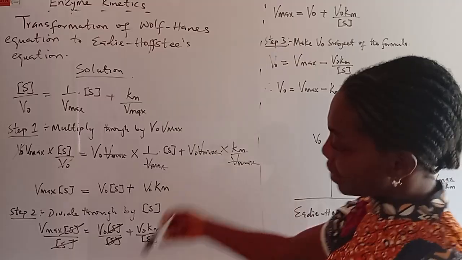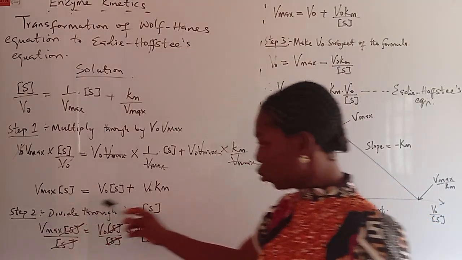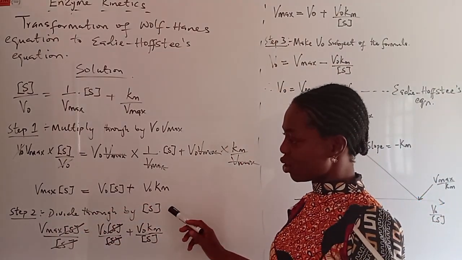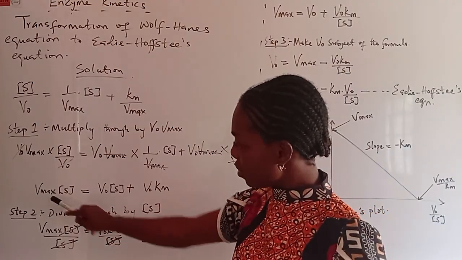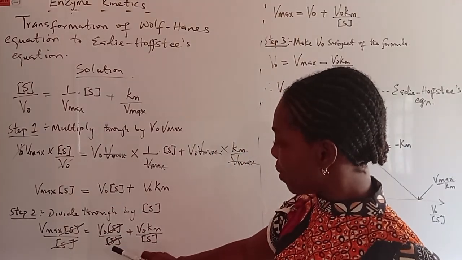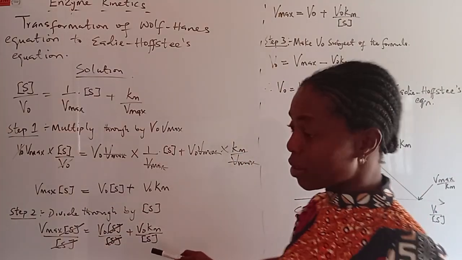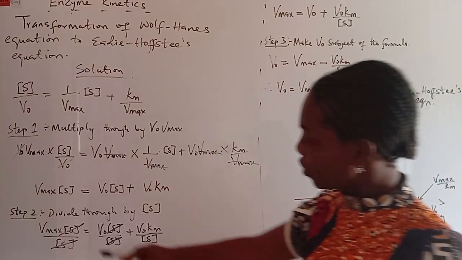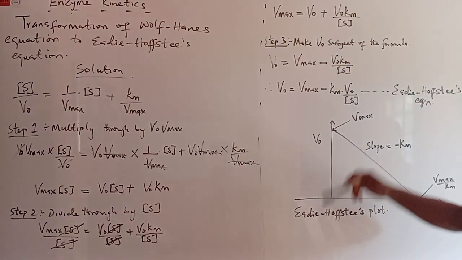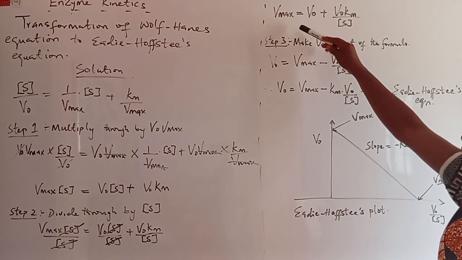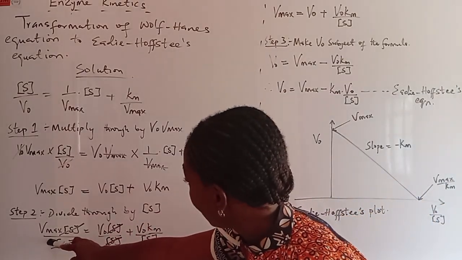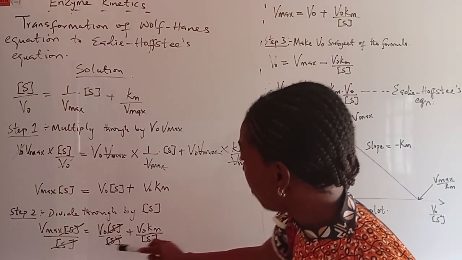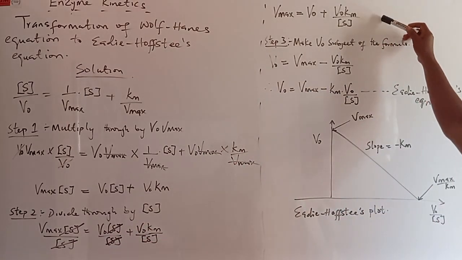At this point, the next thing you should do is divide through the equation again by substrate concentration. So this divided by substrate concentration, this divided by substrate concentration, and this divided by substrate concentration. By the time you cancel out the entities that are common in numerator and denominator, we're going to have this Vmax left here equal to V0, which is left here, plus the whole of this V0 Km